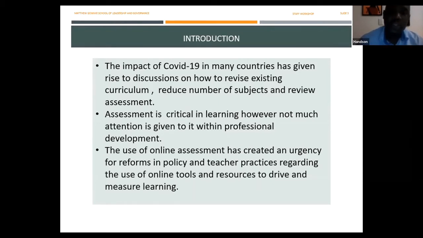It also focused on the learner, in terms of providing learners with digital resources to be able to access content, as well as have what we would call meaningful learning through individualized pathways on the